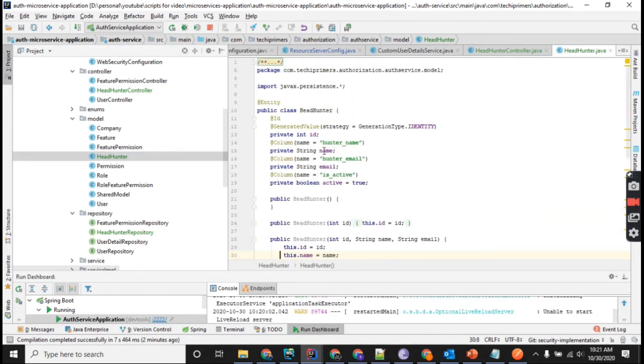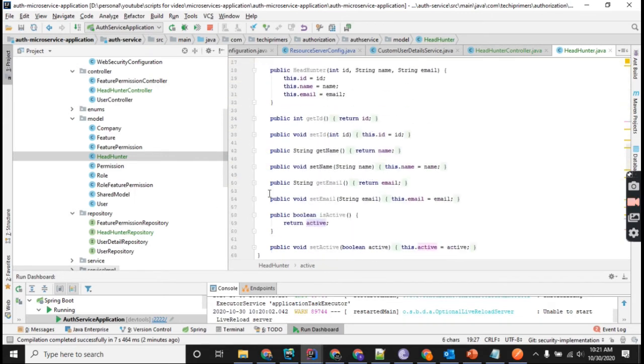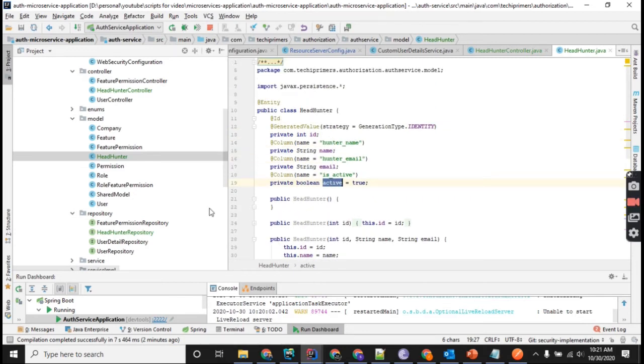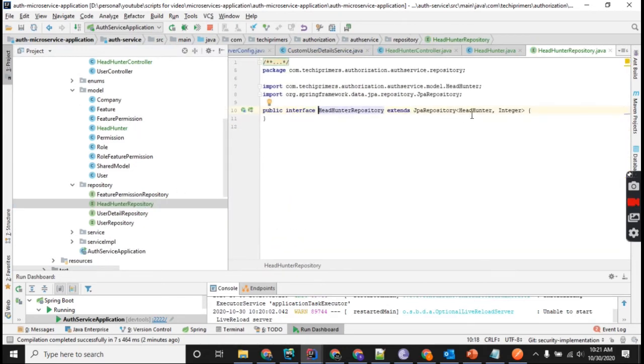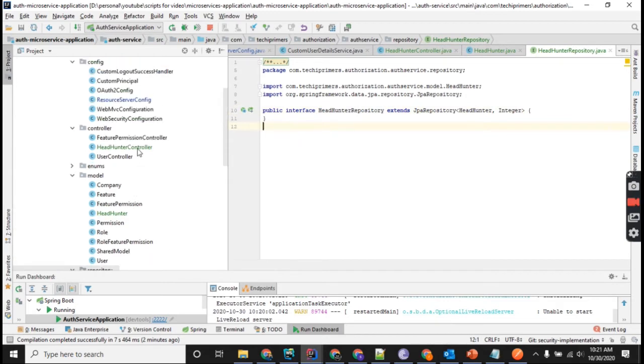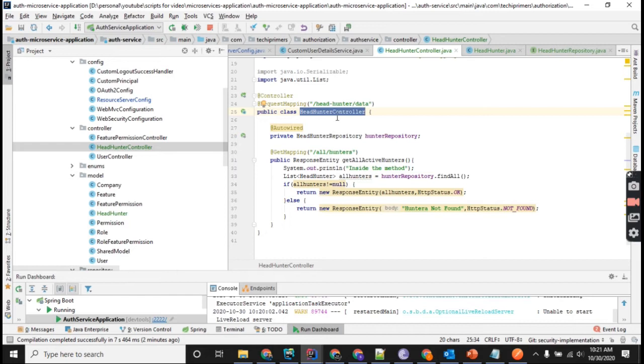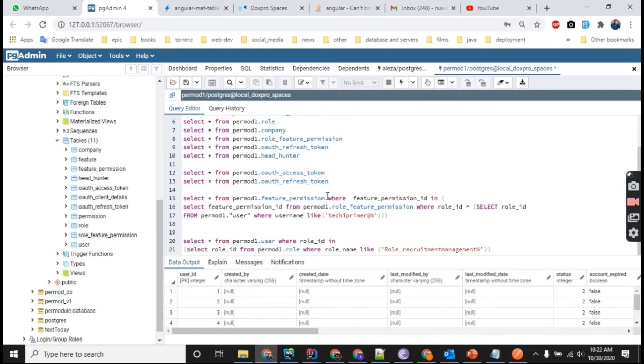I use three properties: name, email, active, and I have assigned getters and setters like this. I also created the repository like this, the API repository, right? And I also created the controller. In here, what I want to do is fetch all the hunters, right? Here, I need to apply Spring Security for this method as well. Before that, we will jump to the database and see what the feature permissions are for